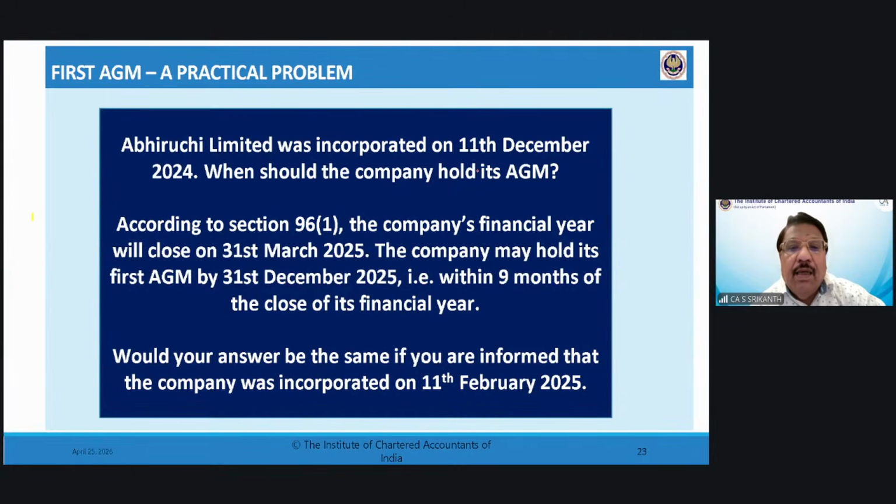Sridharji, you are right. But just ensure 31/3/26. That means 31/12 is the correct. 31/3/26. 31/3/26. September 26. Sushmita, maybe you are confusing 6 months, 9 months. Check it out. Okay, and so the correct answer is the year will end on 31/3/26, and the AGM should